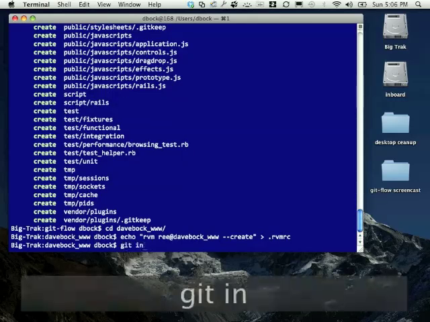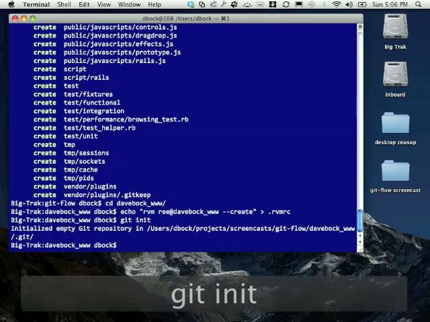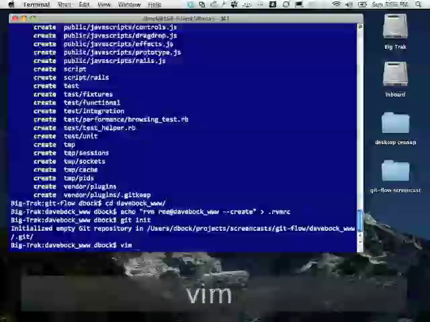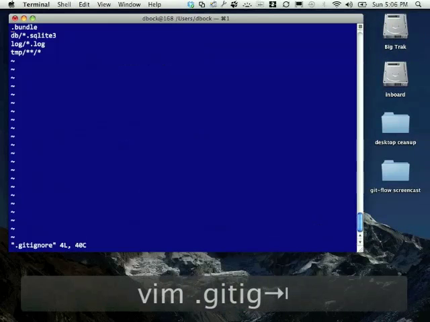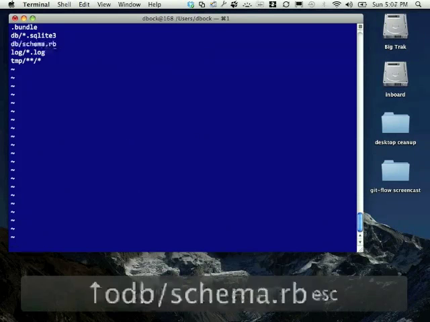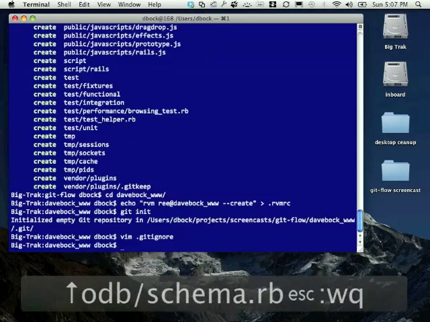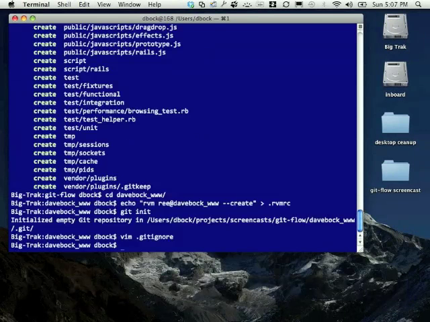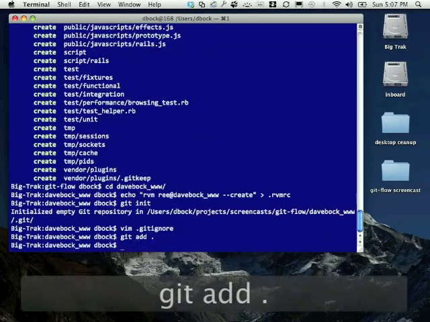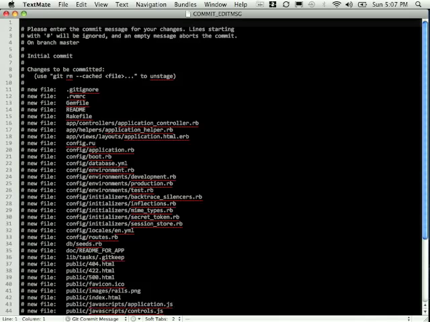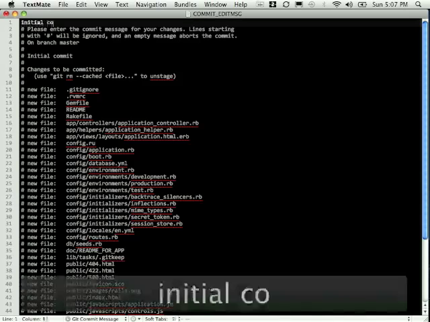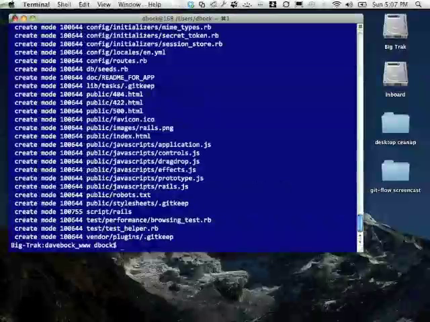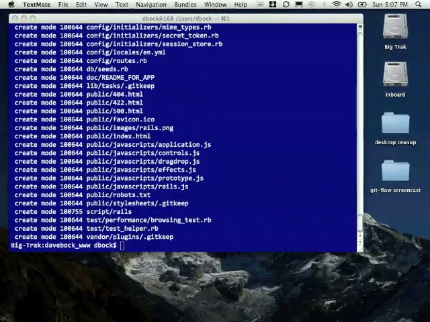And then I'm going to initialize Git, because that's what we're going to start storing this in. And then I'm going to make a small modification to my git ignore file to also ignore, because that's how I roll. Okay. Now I'm going to git add pretty much everything and git commit. We will say initial commit, and there we go. Now I'm going to push that up to GitHub,